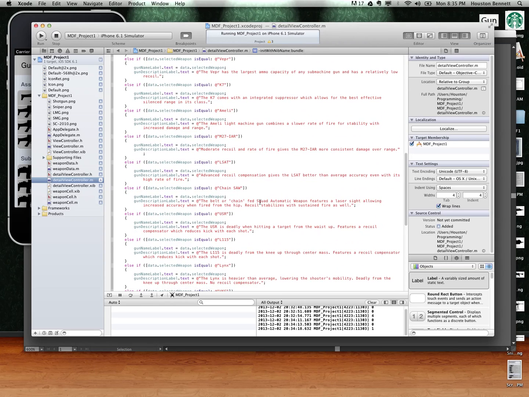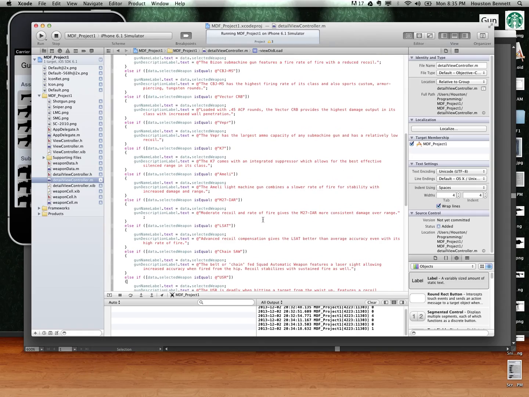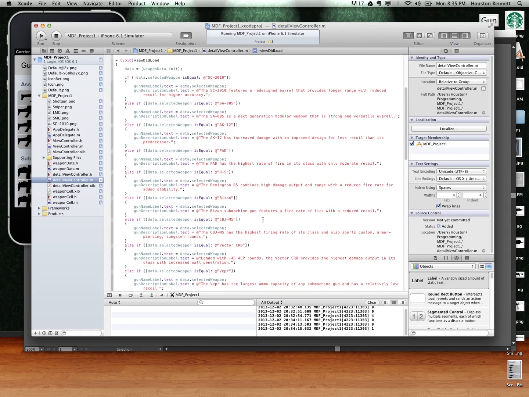I think if I had compressed all of the details into a dictionary, I could have looped through the dictionary looking for the particular item that the user selected. If I could have implemented that, that would have been the more elegant solution, I think,